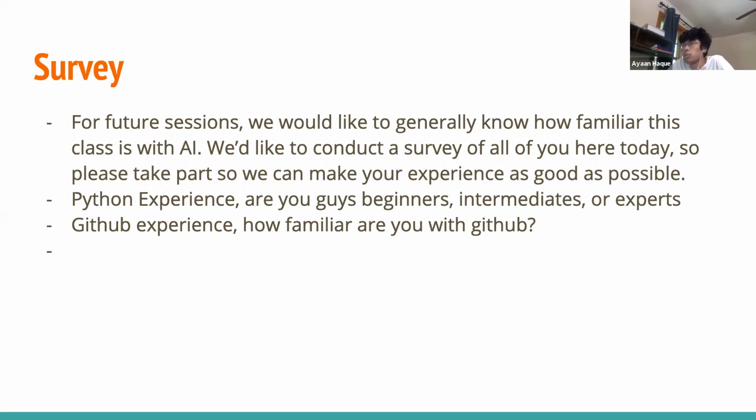The next thing we would like to know is if you have any GitHub experience. We're going to use GitHub to share code and do lessons and all that stuff. If you don't have GitHub at all, you don't even have an account, never used it, could you raise your hand? Okay, that's what I expected. Most people don't really use GitHub until they start doing teamwork things later in high school.